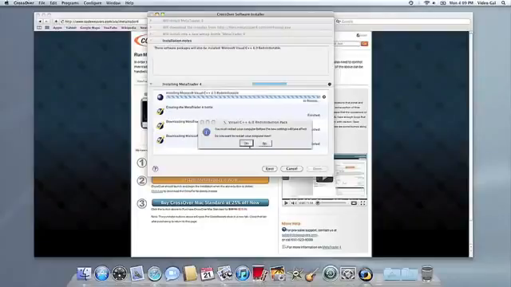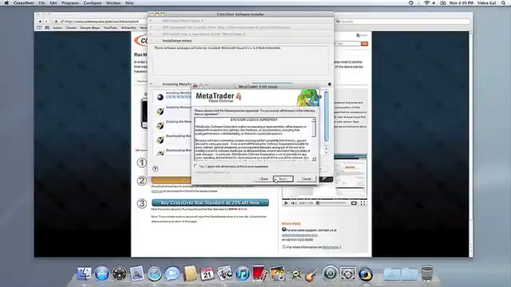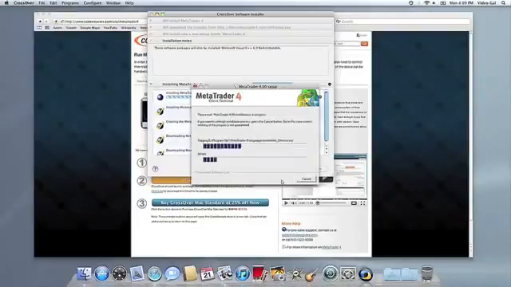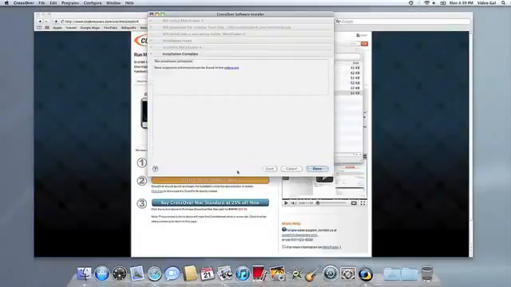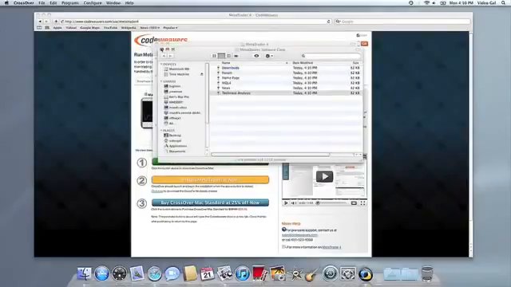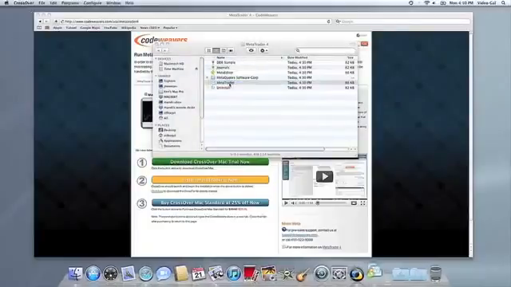This can take a while, depending on whether your application needs to download components and so forth. But all you need to do is click when the application's installer asks you to. Once the application is installed, Crossover will let you know that it's done. Crossover will also create a launcher icon so you can run your app.